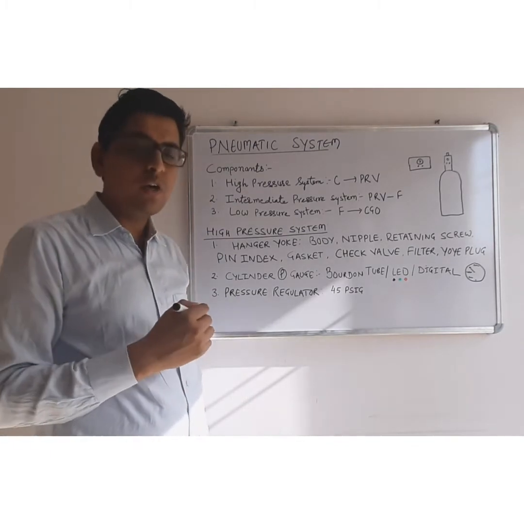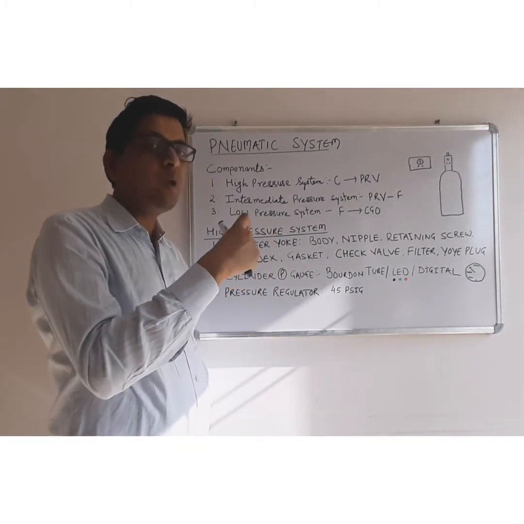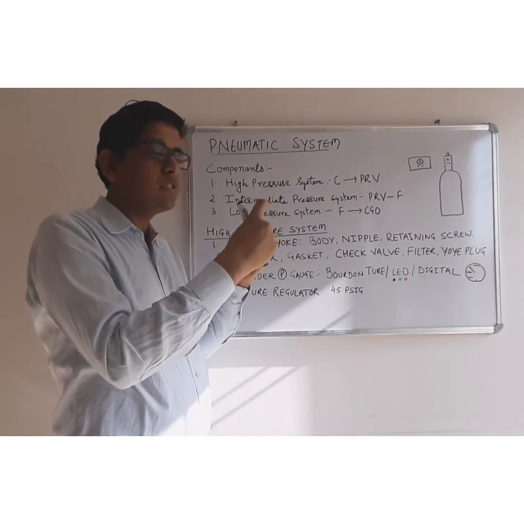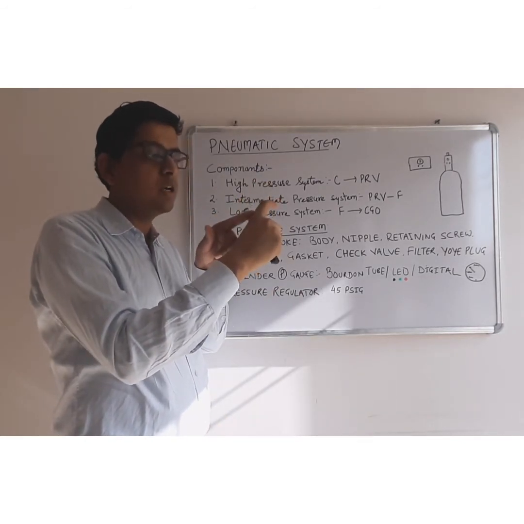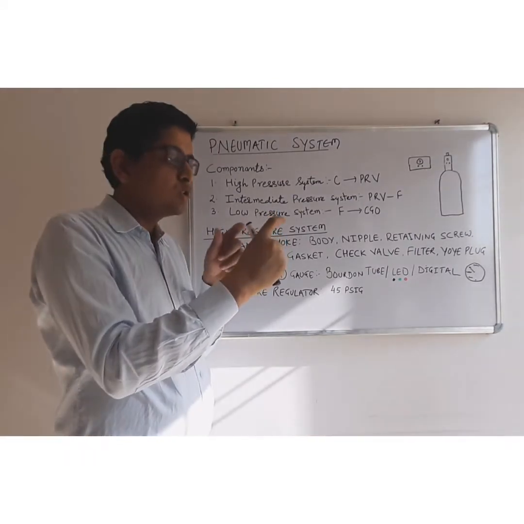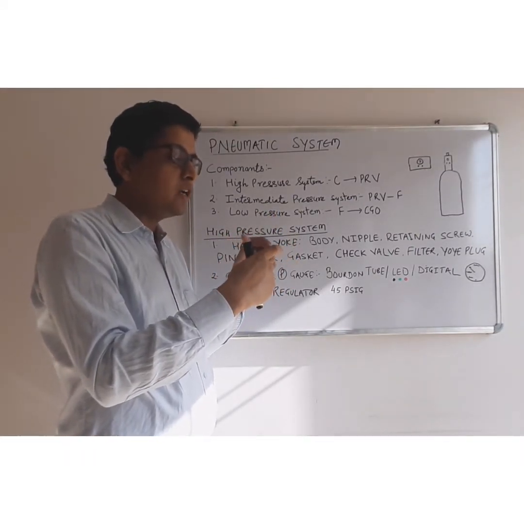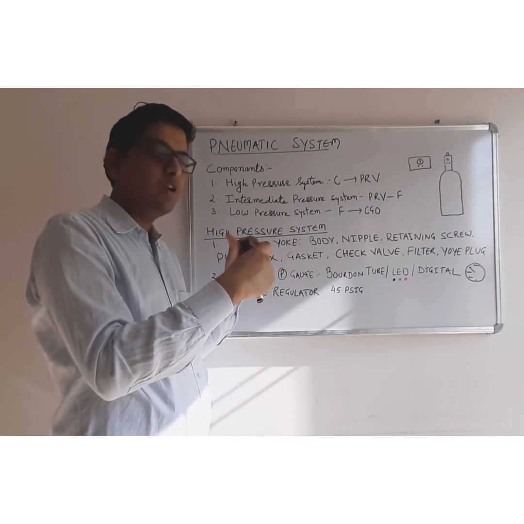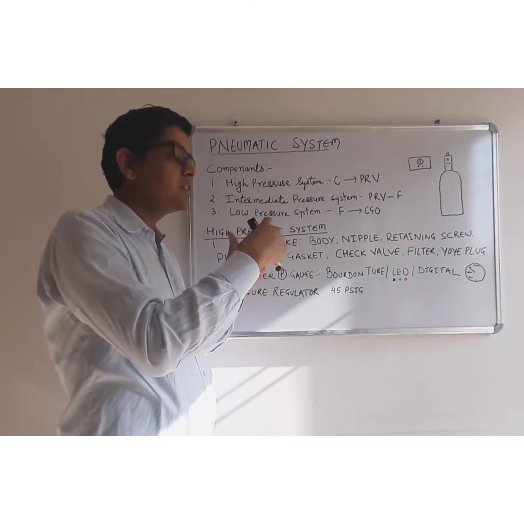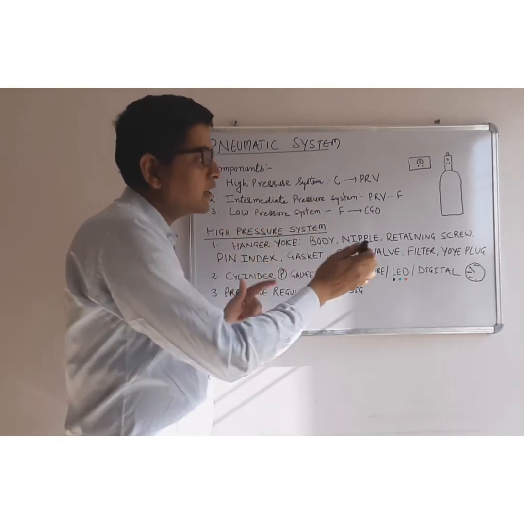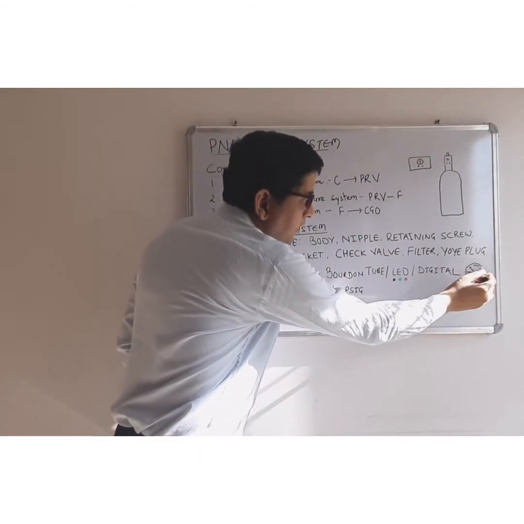So what is the Bourdon tube type? This is a metallic tube, curved metallic tube. At one end this is sealed while another end is open. So when gas enters into this Bourdon tube or this metallic tube, it gets straightened in clockwise direction and the pressure is indicated on the dial.